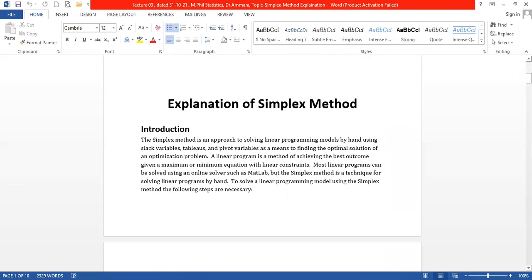So the simplex algorithm rules to solve linear programming problems with the help of the simplex method are: number one, convert the general linear programming problem into a standard linear programming problem, or convert the general form into the standard form. On the second step, we will write the values of the initial basic feasible variables or their solutions. In the third step,